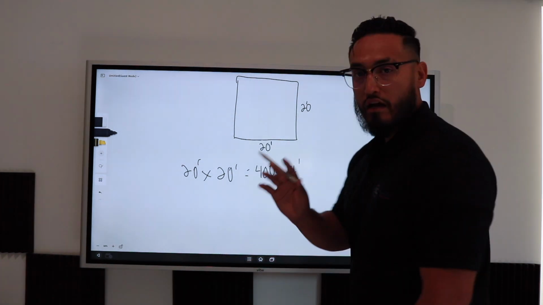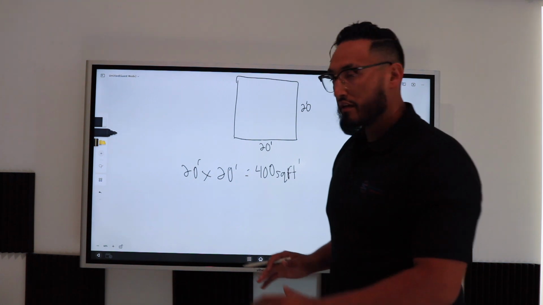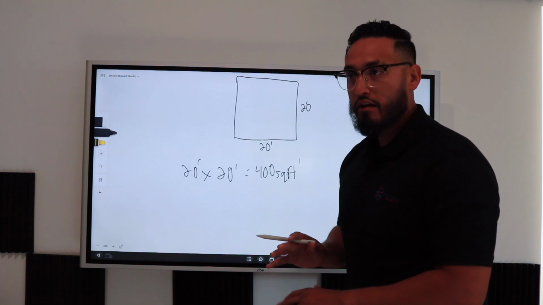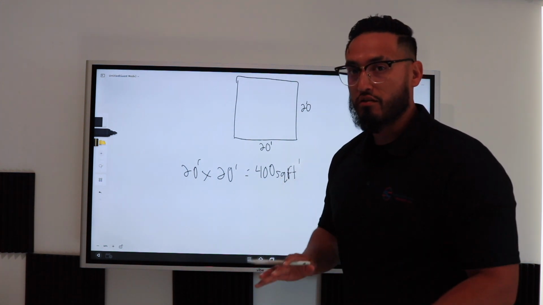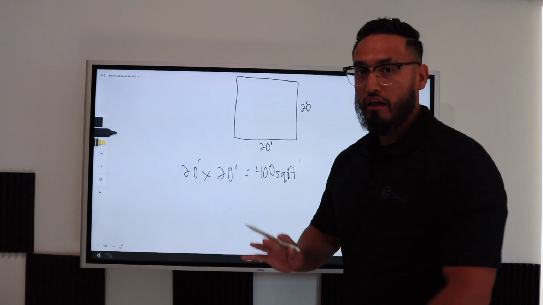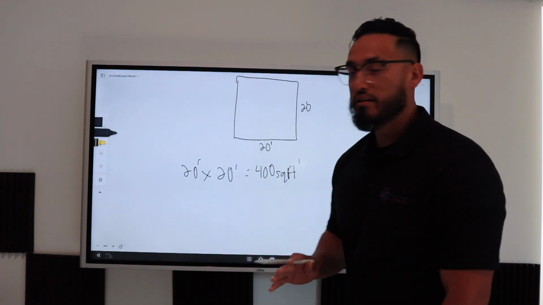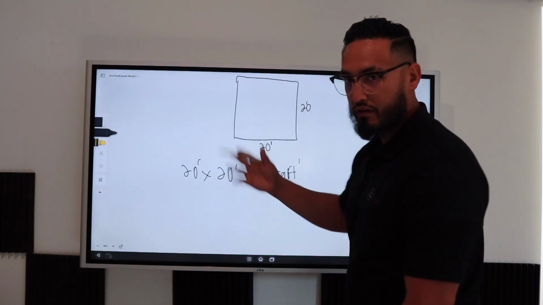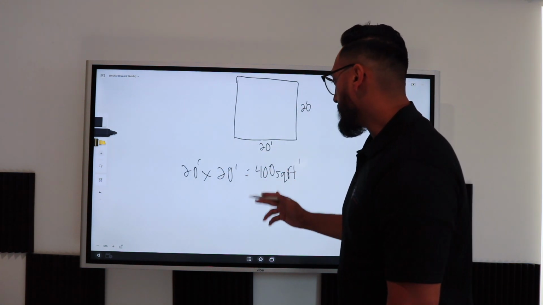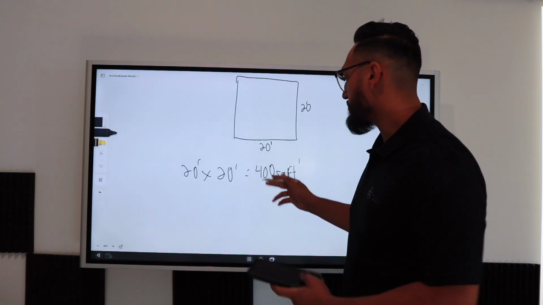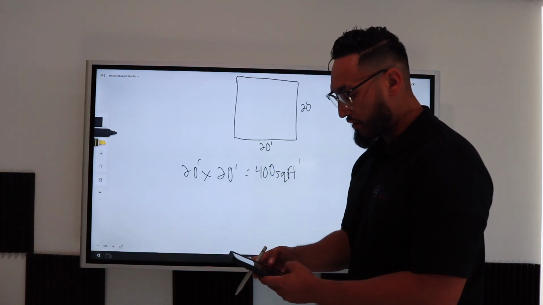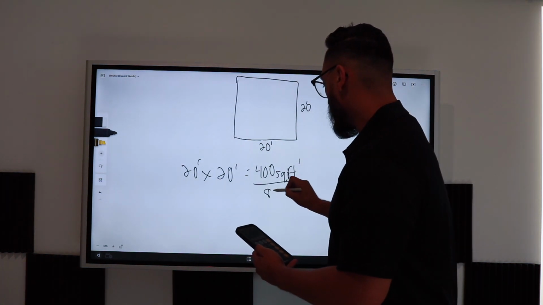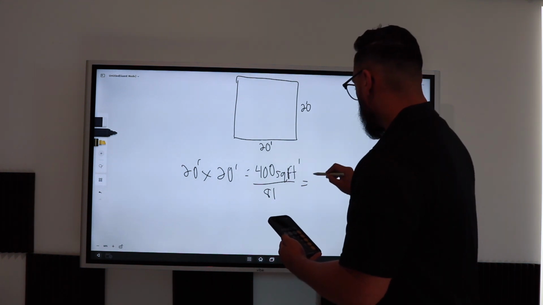So how do we do that? I'm gonna give you the shortcut first and then I'll teach you the long way, right? So this only works for a 4-inch slab. If you're doing a 5-inch slab or 6-inch slab or a 3.5-inch slab, you're gonna have to do it the long way. But for a 4-inch slab, the fastest way to calculate how many yards you're gonna need is you multiply the length times width, whatever it is, and then you divide by 81. So you do 20 times 20, that gives you 400 square feet. Now divide 400 by 81, it's gonna give you